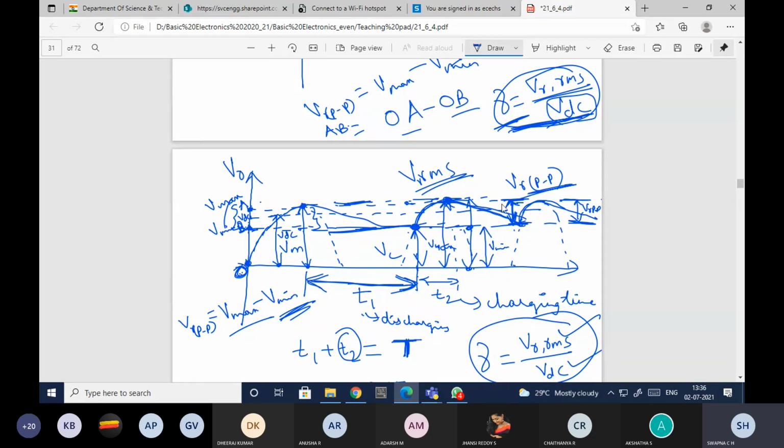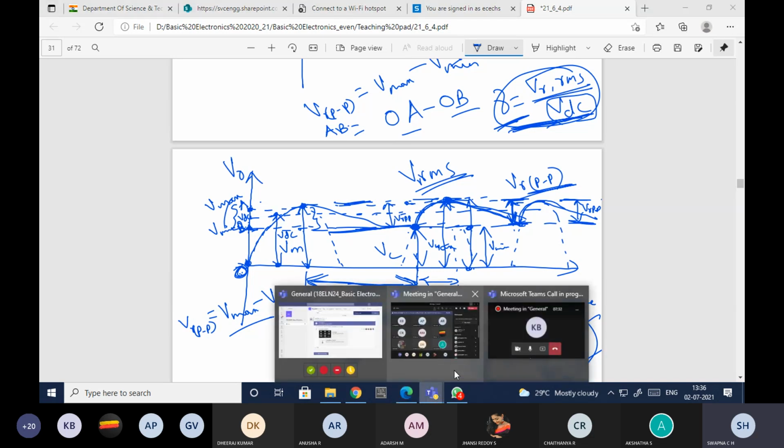So this is the ripple waveform, somewhere exactly at the middle. Ideally, it should be at the middle. That's why I've taken that middle point of this VR peak to peak. From here to here, it is VR peak to peak. So I need to find out the center value of this VR peak to peak, which is nothing but from this point to this point, that will give me VDC.